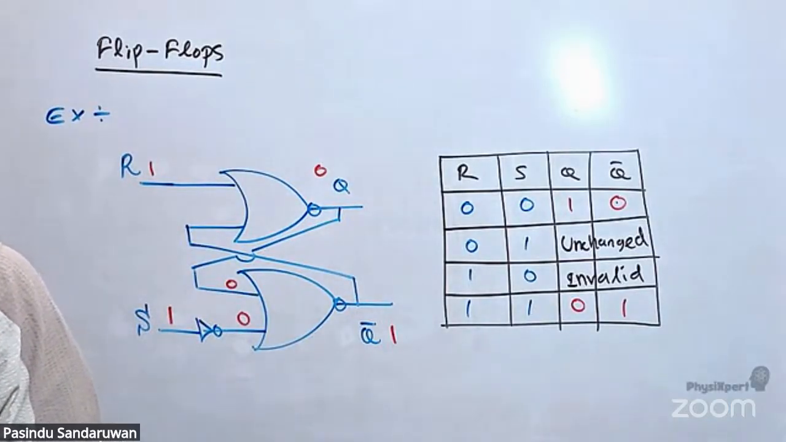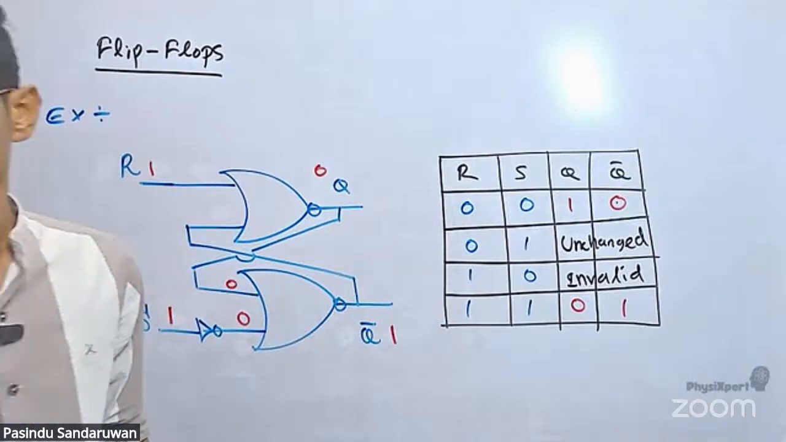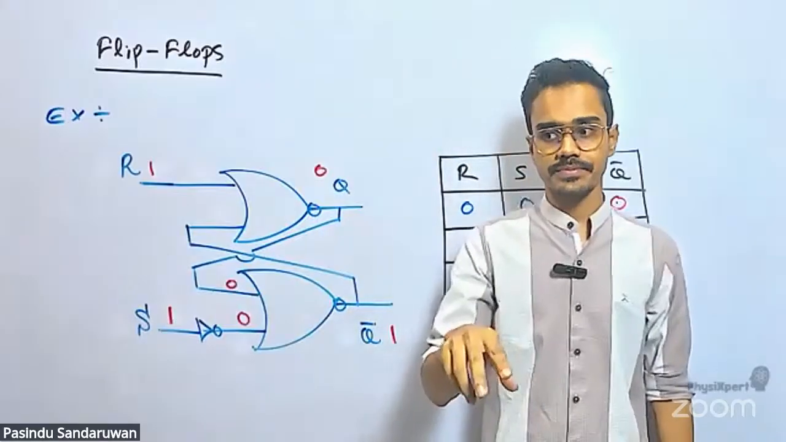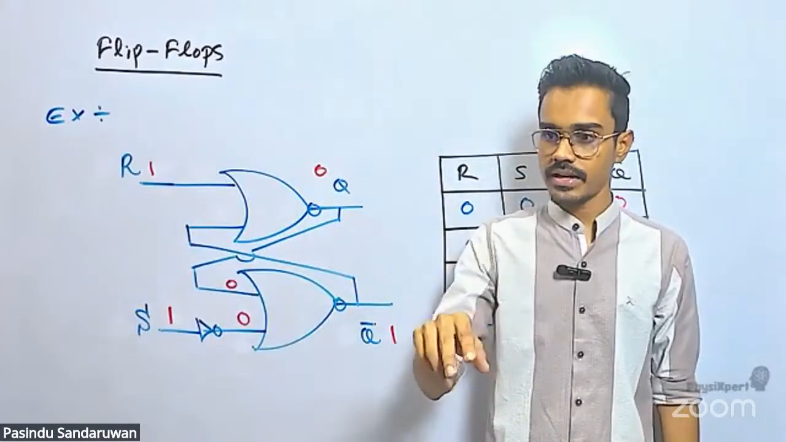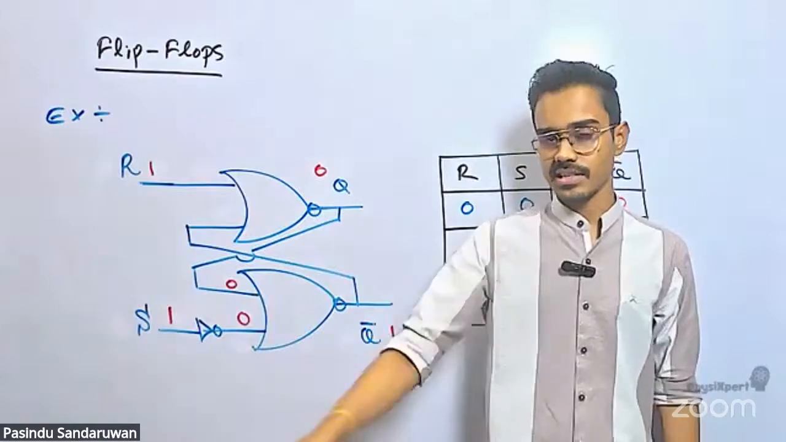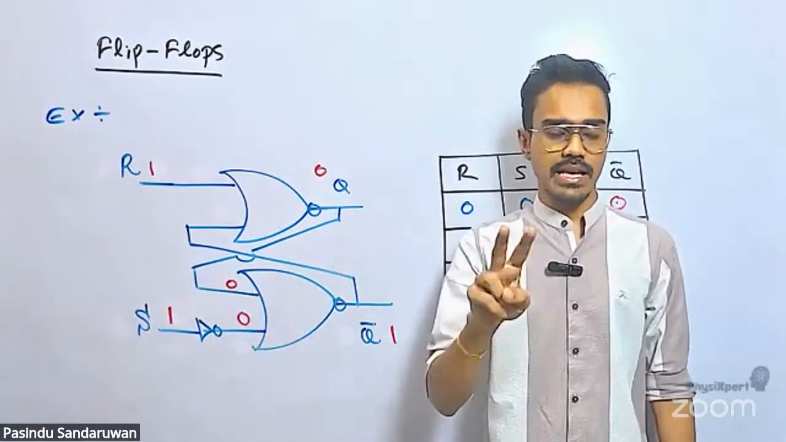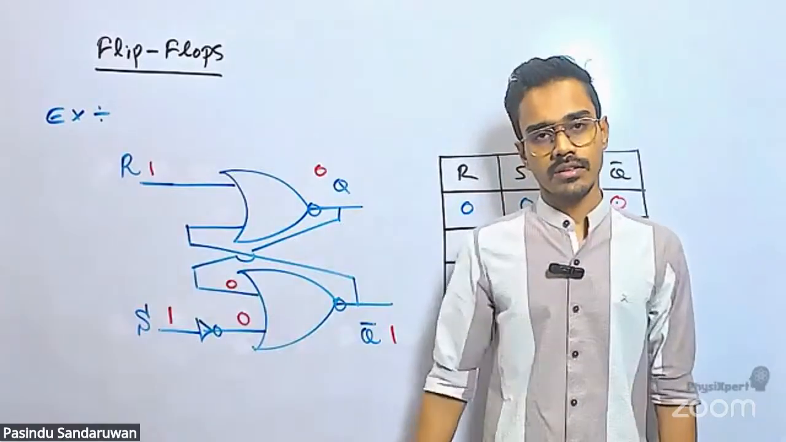Can you explain how to identify unchanged and invalid? If you can't simplify the flip-flop, that means unchanged, right? Even after simplifying, if you get the same answers for Q and Q bar,